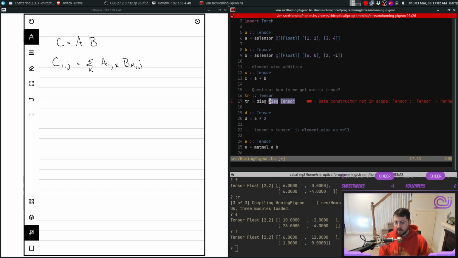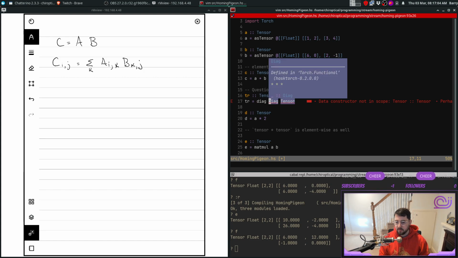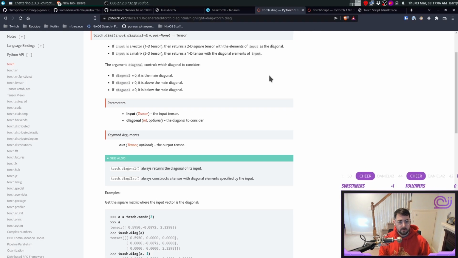Oh, what's diag? What's this type? Okay, so the argument diagonal controls which diagonal to consider. The main, I don't know what the above the main diagonal means, I guess, like